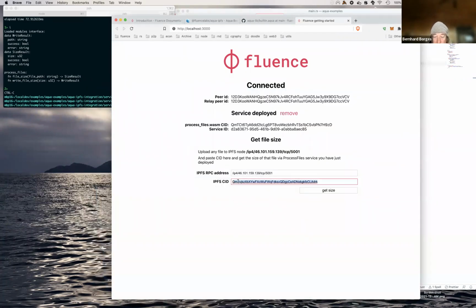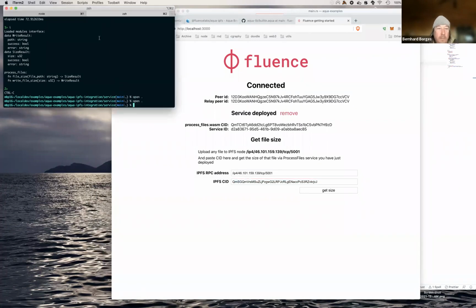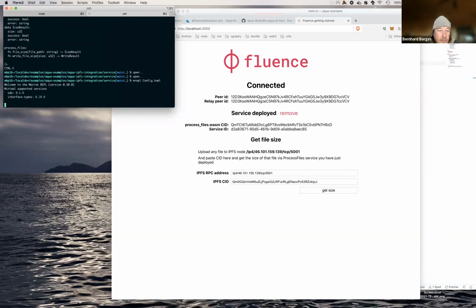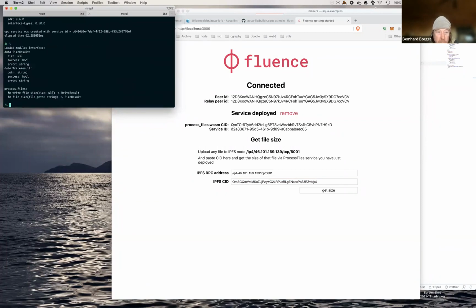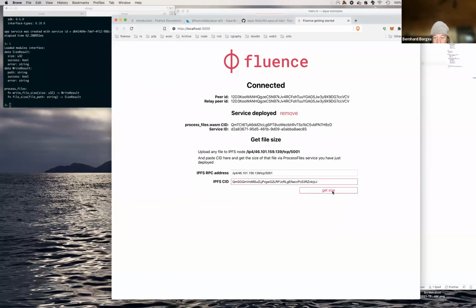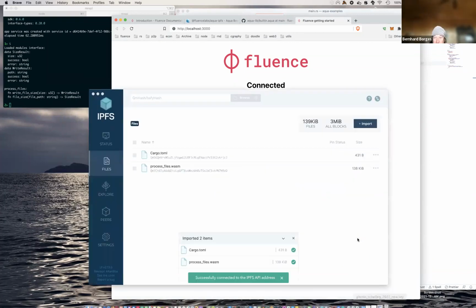And so all we have to do, if you recall from before, is somehow get the file path to our service. And we do that by deploying it to the network. So boom, let's calculate the size. And here it is, 431 bytes, which, yes, checks out.